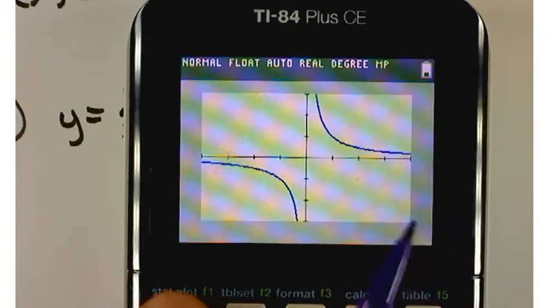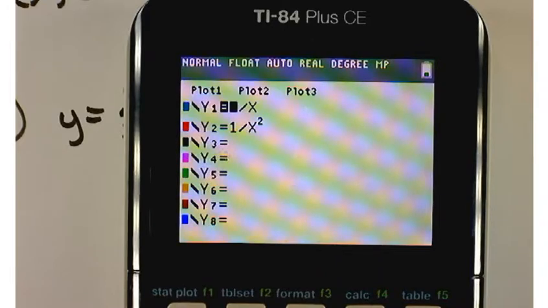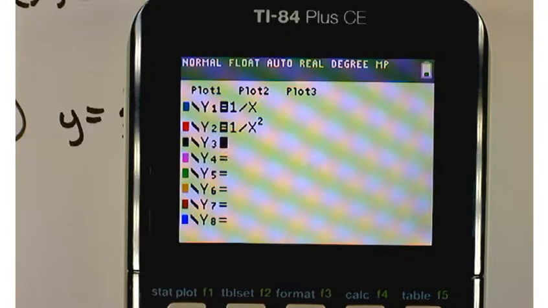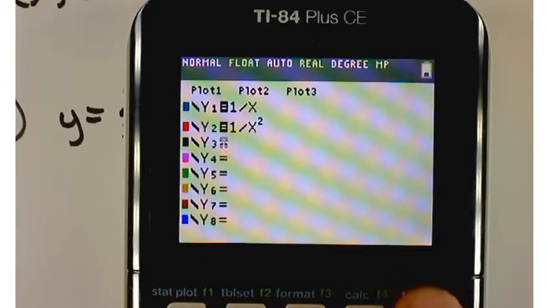Now, before we started rolling on this video, I asked you to also plug in y equals 1 over x squared. Let's go back and highlight that graph. So press the enter key on that equals. And now let's take a look at the table and see if I get any different type of behavior from this graph as opposed to 1 over x. So if I hit the second key, then the table key,